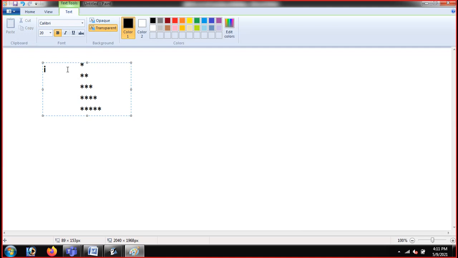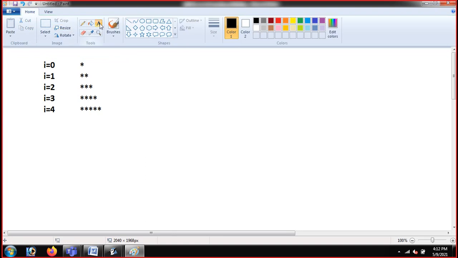I'm using I here for the row. Basically, I'm using a variable whose value will start from 0. So this is my 0th row, and I'm going to give a name to my next row. That is my first row starting from here, then my second row, then my third row, and then my fourth row starts from here. So basically these are my rows: my 0th, first, second, third, and fourth row.